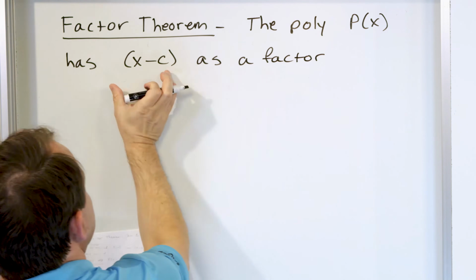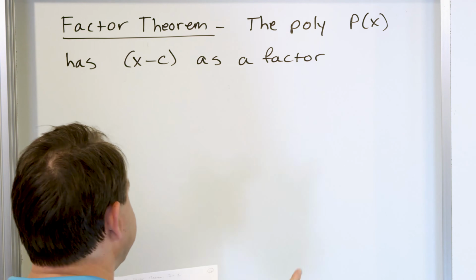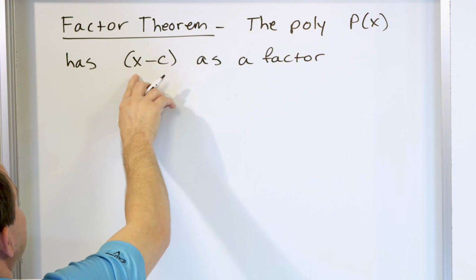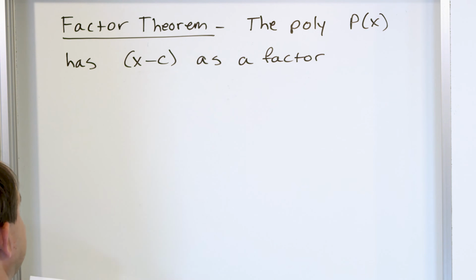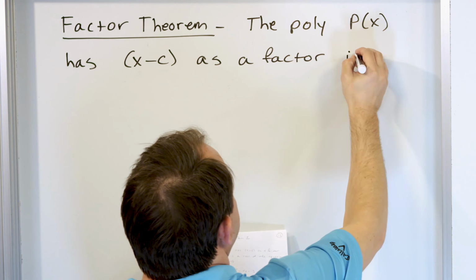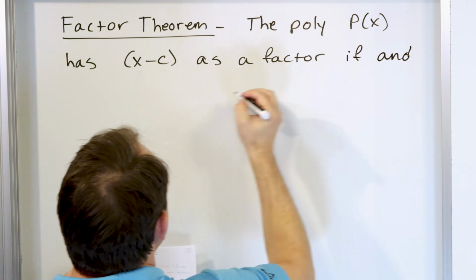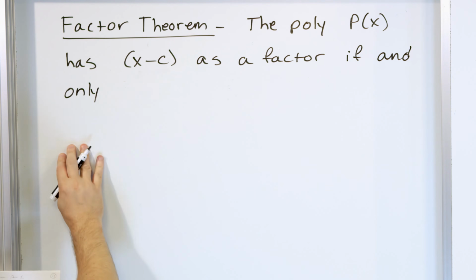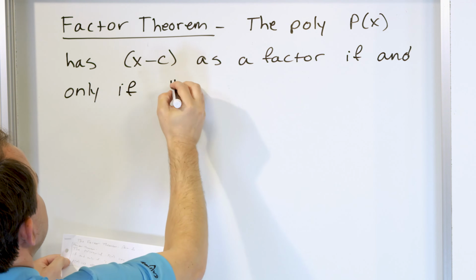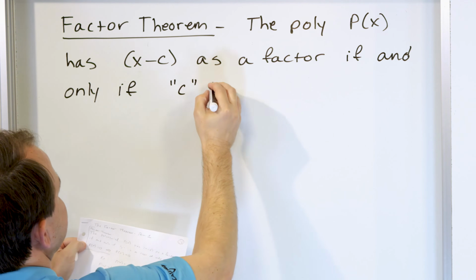Remember, these factors are little parentheses terms all multiplied together to give you p of x, right? So it has x minus c. C is a number. This means x minus 2, x plus 3, x minus 4, anything like that. It has this, whatever it is, as a factor if and only if, so it's a necessary and a sufficient condition, if and only if the number c is a root